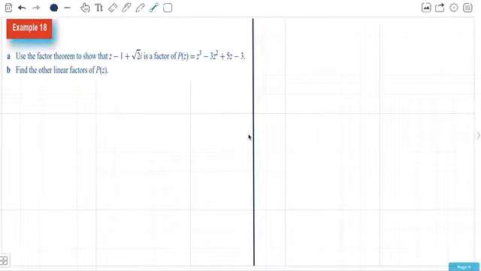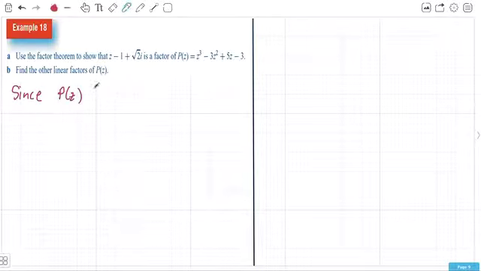Example, you're using the factor theorem to show that this particular expression here is a factor for this polynomial. Now the thing to notice about this polynomial is all real coefficients, which means that there can only be conjugate pairs in this expression. So because we've got, and actually we'll write that here in the main part, so since